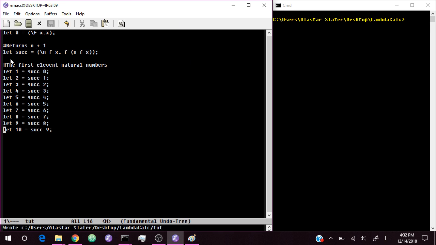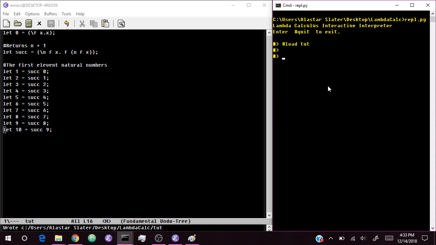Oh, and if you haven't guessed, this hash symbol is what a comment looks like. You can only use comments inside of your own programs that aren't in the REPL, okay? So now, once I load in all the functions, I should